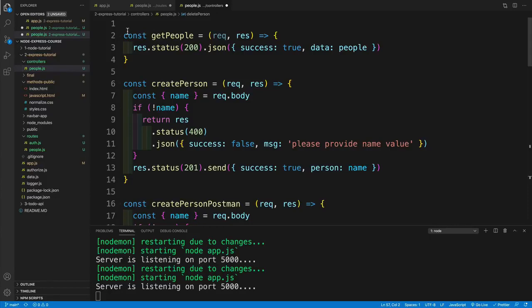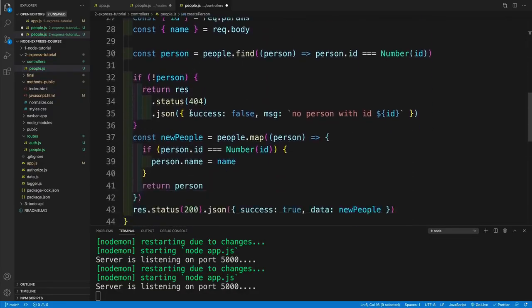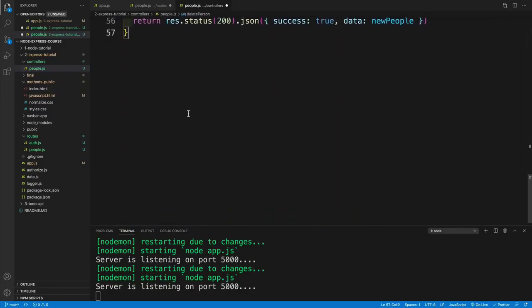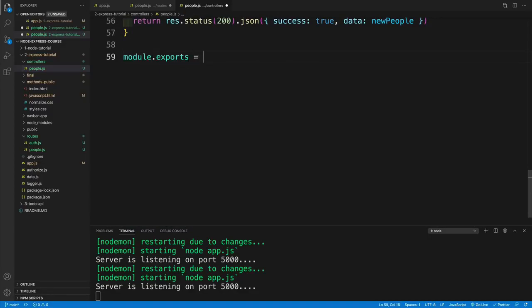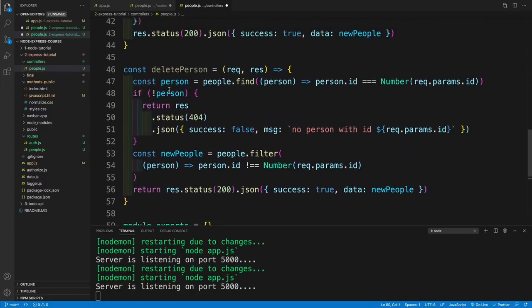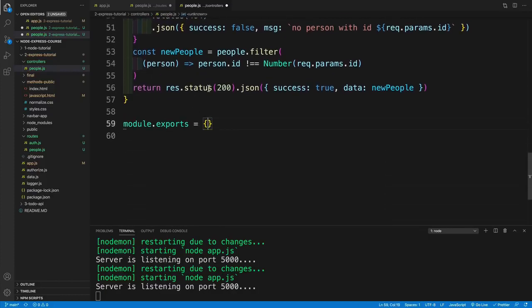And if you remember, which seems like an eternity ago, when we covered the exports, I said that, of course, we can also use module.exports right away and then whatever. So for example, in this case, that could be getPeople or createPerson or createPersonPostman. Now, in my case, I always prefer to do my exports all the way at the bottom, where I say module.exports. Now this is going to be the object. And now I just want to access